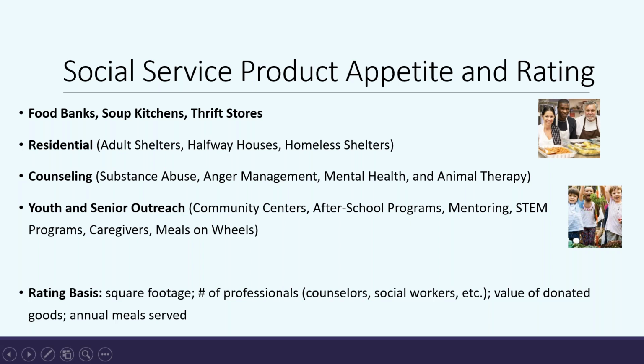And as far as what a social service risk is, how it's classified, again, there's a wide variety of different organizations out there. But how does USLI and how does CID see these organizations? You can do the real basic ones, which are food banks, soup kitchens, and thrift stores. A lot of times, churches and houses of worship, when they're sending their volunteers, they're going to those types of organizations. They may even have those entities associated with their ministry groups.